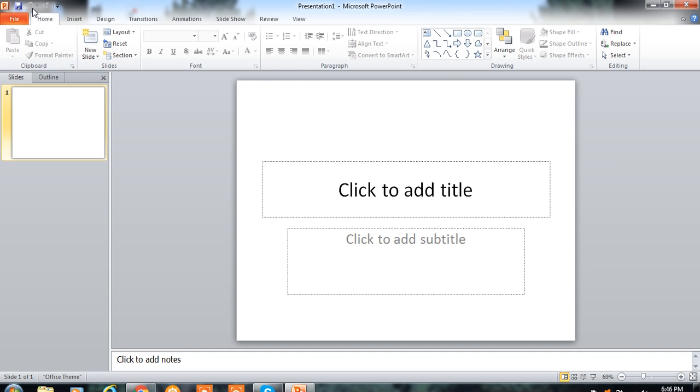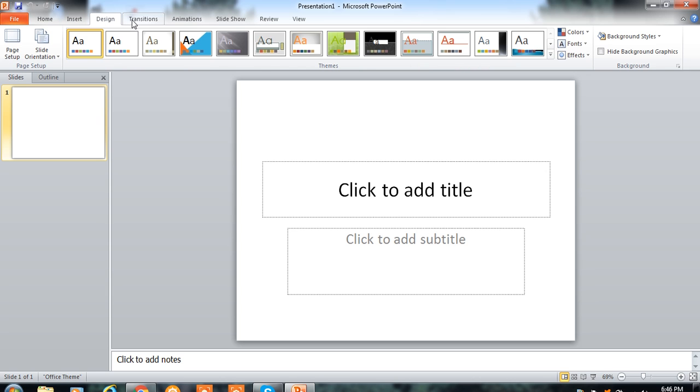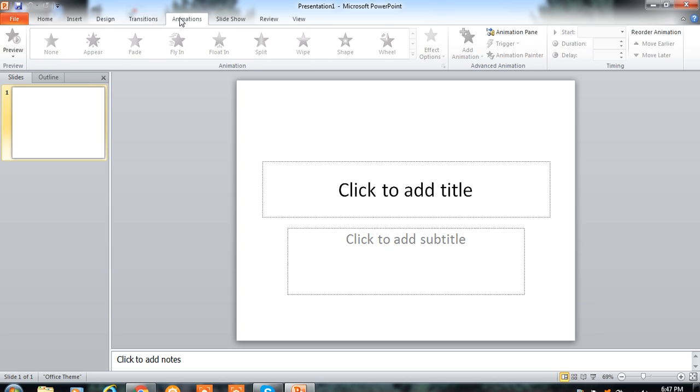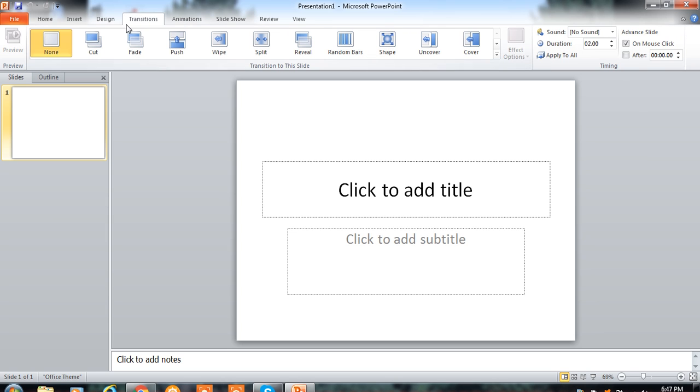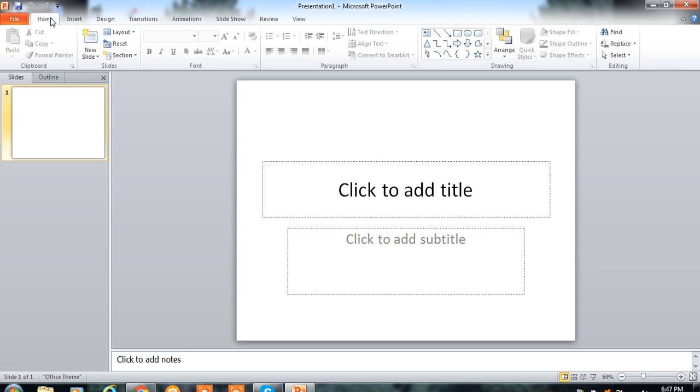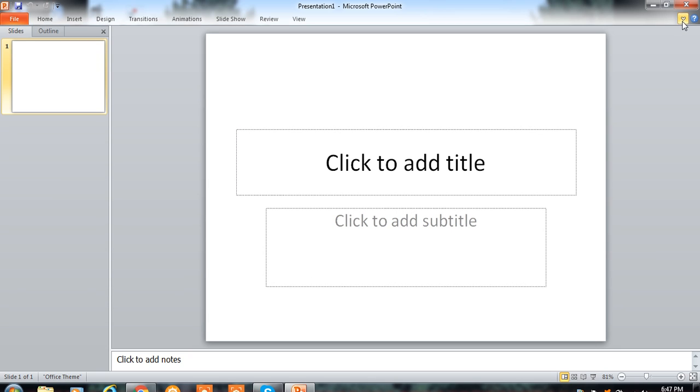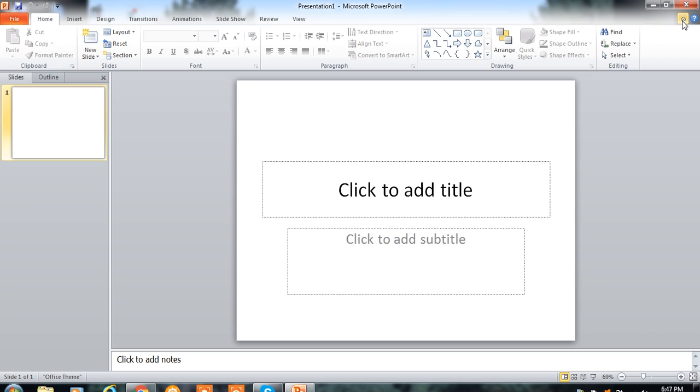Okay, this is your quick access bar. Then different menus are here on this menu bar. When you click on these different menus, different tabs, a ribbon is displayed. I am clicking on Home. Suppose you don't want this ribbon, then just click on this option to minimize the ribbon. Or if you want, you can maximize the ribbon.